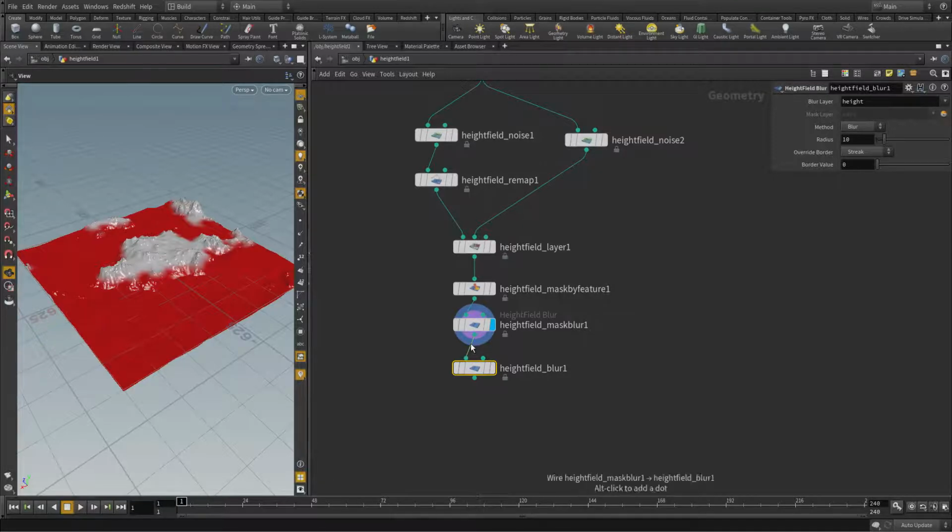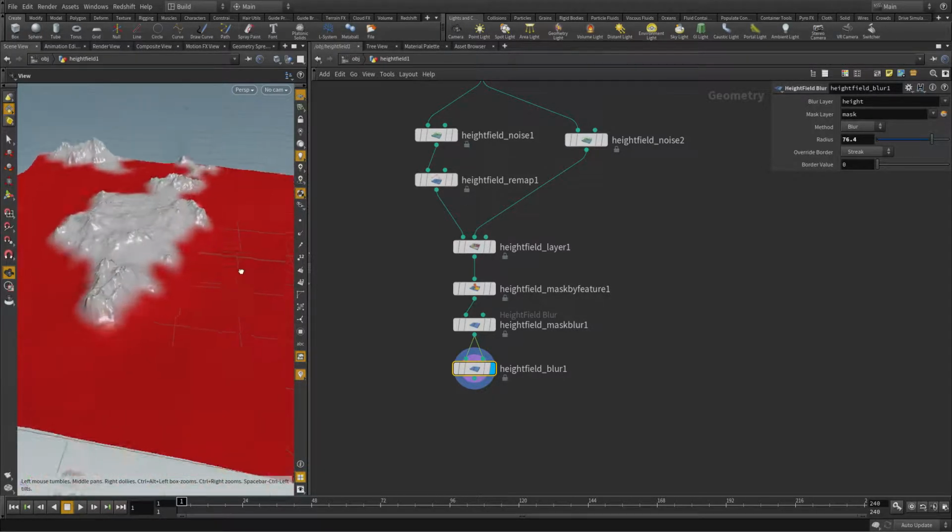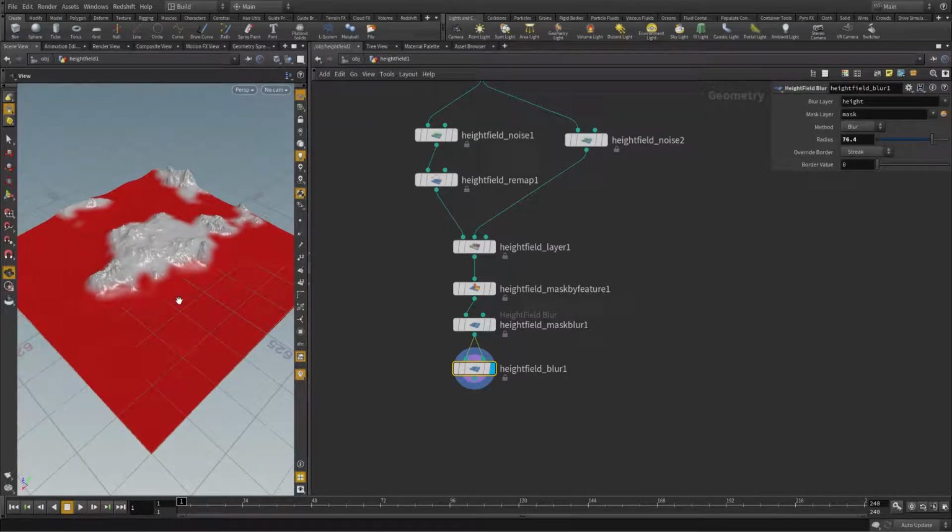But as the mask is stored in the same geometry stream as the height, we can use the same output port to feed the mask here. And then on the blur, you have this mask layer input, which specifies which volume to use as a mask. In this case, I want to use the predefined mask. And now I can blur this transition area here. And let's blur this quite a bit, like so. And you see that now the transition is really very smooth, which is important later on when we do the